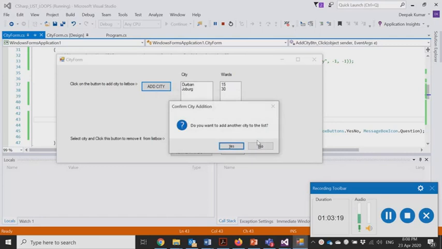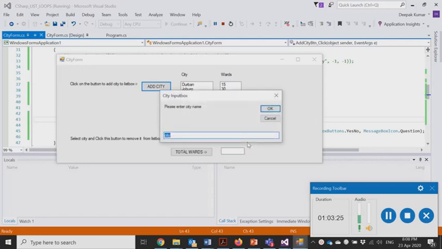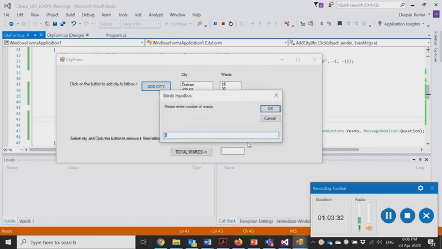Do you want to add another city? This time I'll say yes again, and this time I'm adding Cape Town. Number of wards in Cape Town.